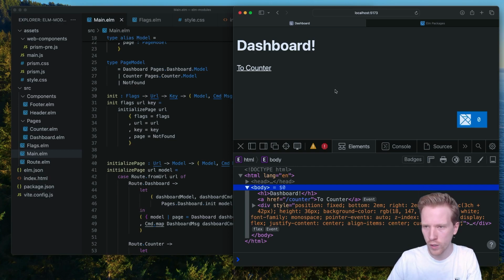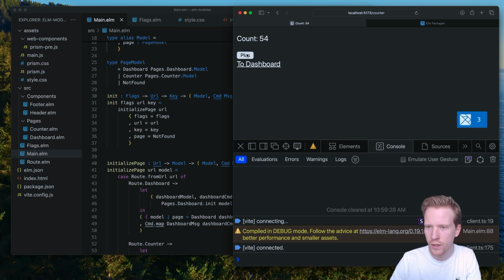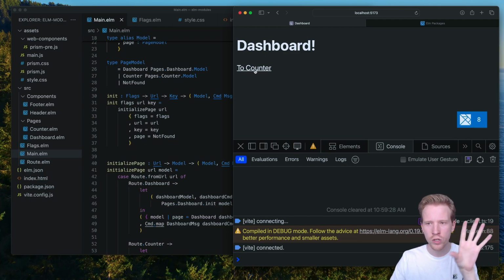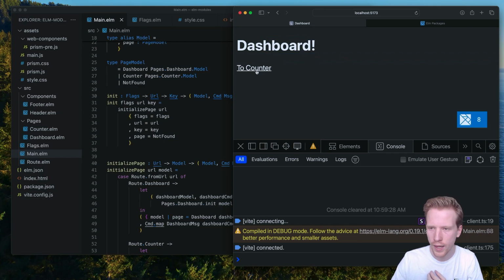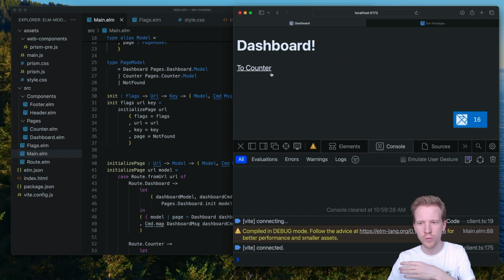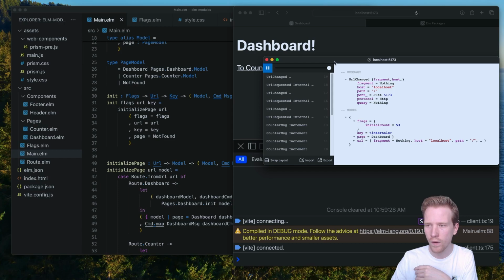Let's see if our app works. So I'm going to refresh, and I'm going to click to counter, and it takes me to the counter page. And notice we got rid of that white flash, right? As I do this, it's just swapping out the elements that are rendered inside of my Elm application. So it's only changing the things that need to change. And as I switch from the dashboard to the counter, back and forth, I'm getting URL request messages. And this is how